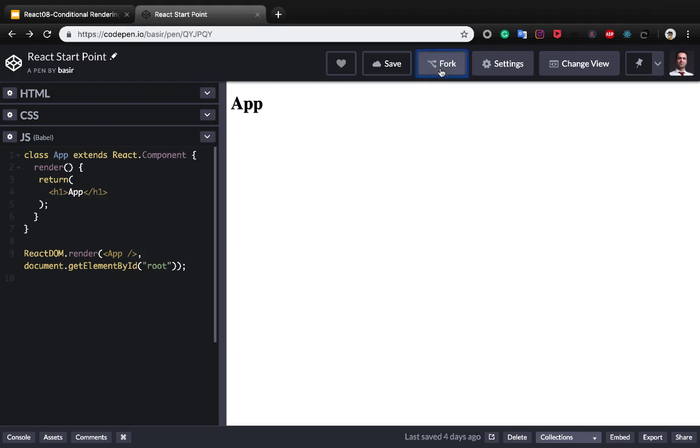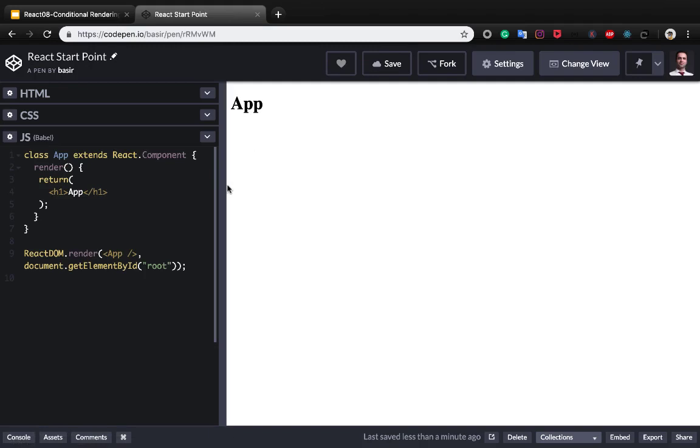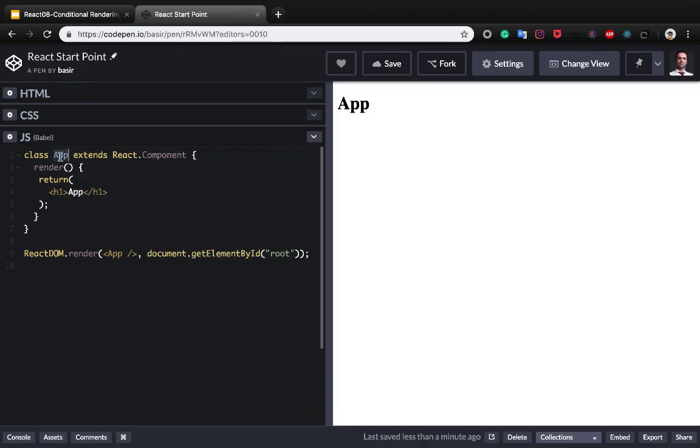Then fork this CodePen, and we want to start writing code here. Rename the component to Greeting, and also here